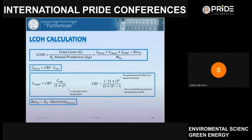How have we analyzed the investment cost as well as the replacement cost? We have analyzed this cost by considering the CRF factor, which takes into account N, the lifetime of the plant, which we assumed equal to 20 years, and the nominal interest rate E, which is assumed equal to 3%. So the annualized investment cost is calculated with this relation, as well as the annualized